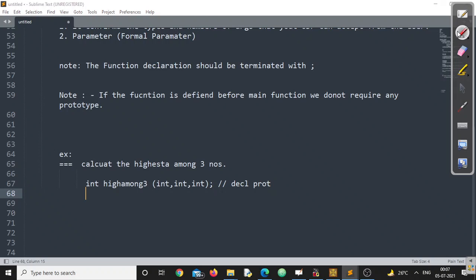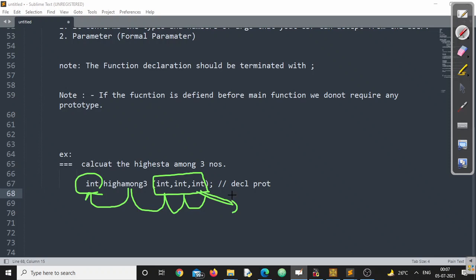Now, let us discuss what this one is. Here int means this particular function will return an integer value. And while calling this function, we have to give how many values? 3 values. And these 3 values should have type int.